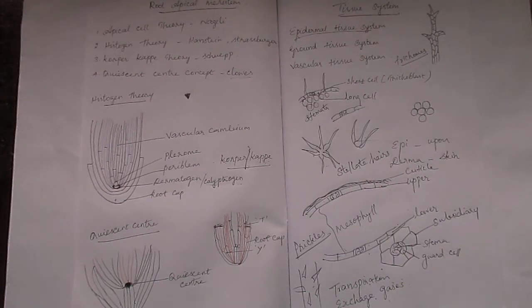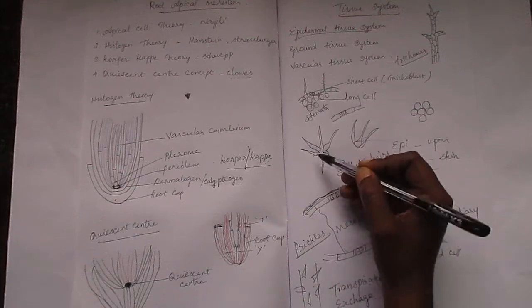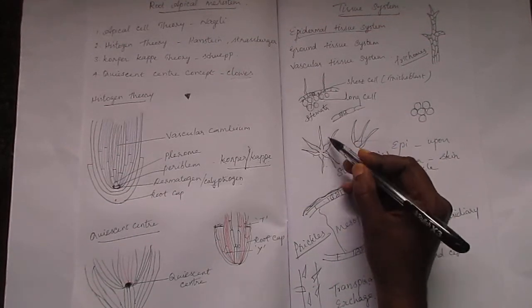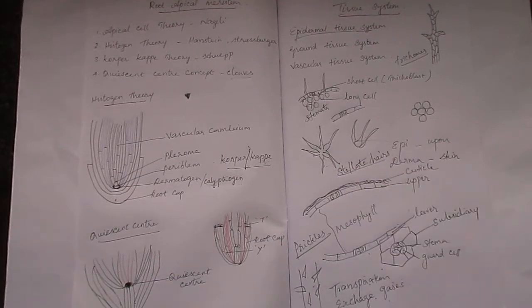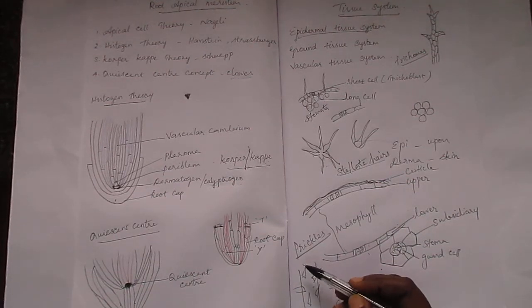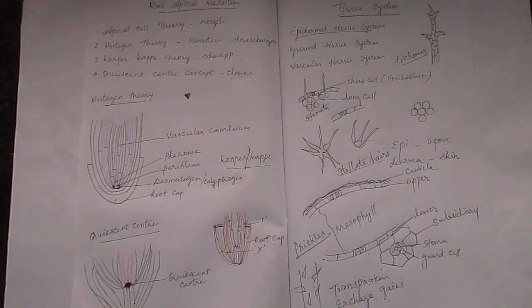Epidermal hairs can also be in the form of stellate hairs. These are star-shaped hairs. An example is Styrax. In many members of Malvaceae and Solanaceae, this type of star-shaped hair is observed. Another structure is prickles. Prickles are one type of epidermal emergence with no vascular supply. They are stiff and sharp in appearance. A common example is rose.